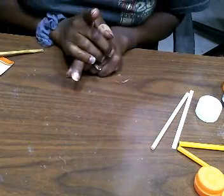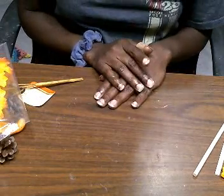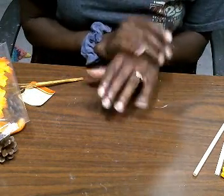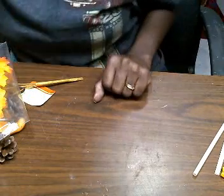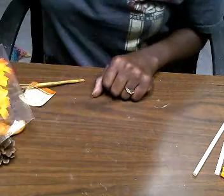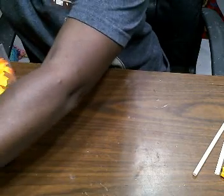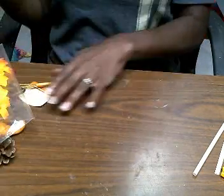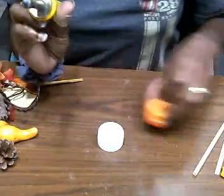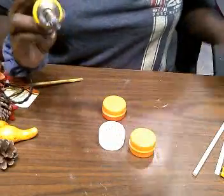Also, I do not recommend this video be for a child. If you are a child and you're going to make this, please get adult supervision when handling anything hot, because I am going to be using my little wood burning tool here, and I'm also going to be using a hot glue gun. So what I'm going to do with my wood burning tool, I am going to bring my lids in,